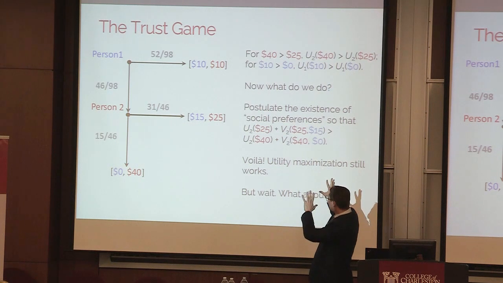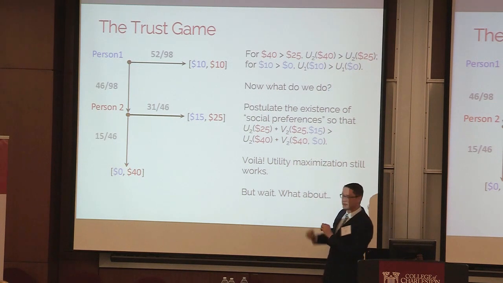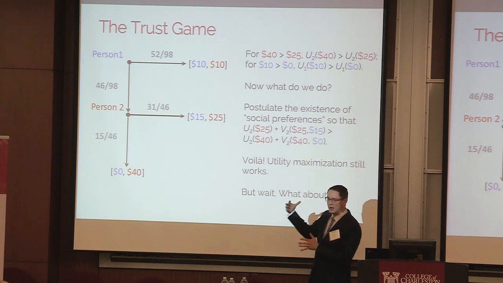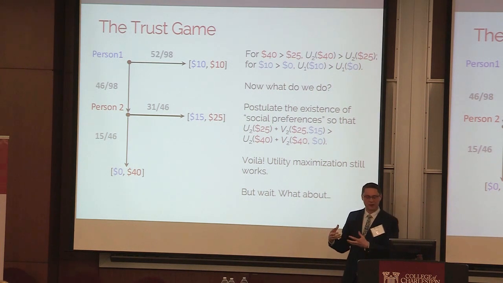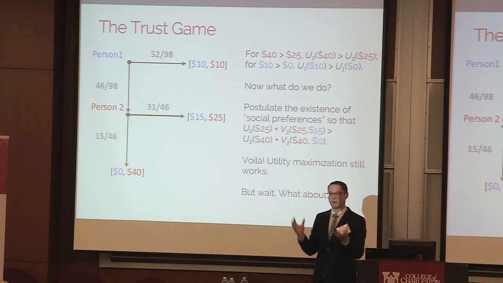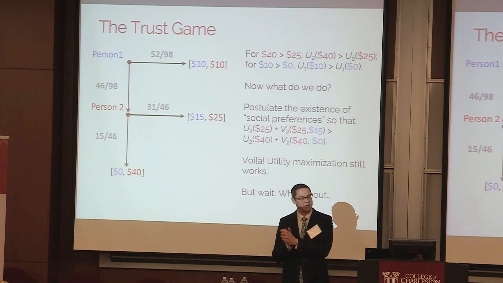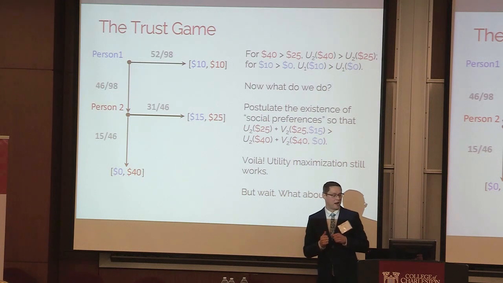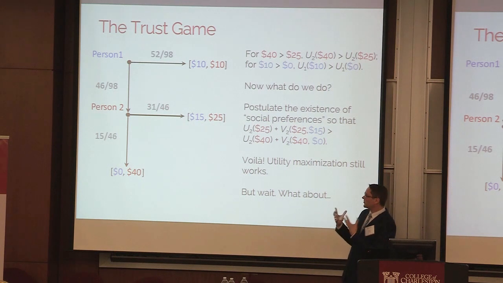So we go look at this, and we say, how is it that these person twos are behaving? How are they interacting with this other person? And we say, oh, well, they must be preferring that. So that's how we'll postulate. From my own experience, I think that people want to give, they want to be nice, because somebody did something nice to me, or I don't like the idea that the differences in payoffs are large. And what I'm saying is in terms of this word, behavior.